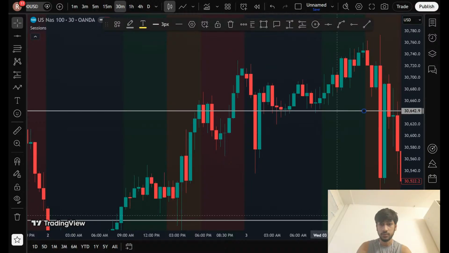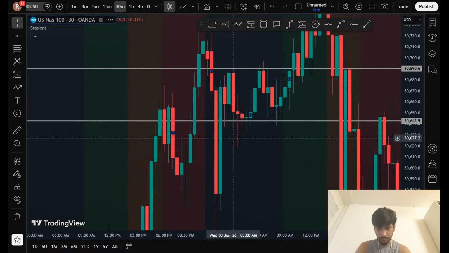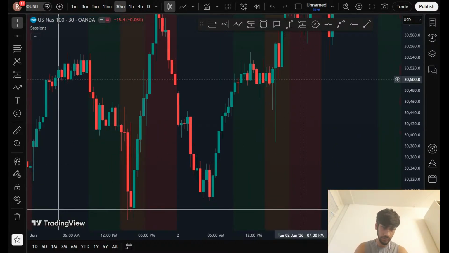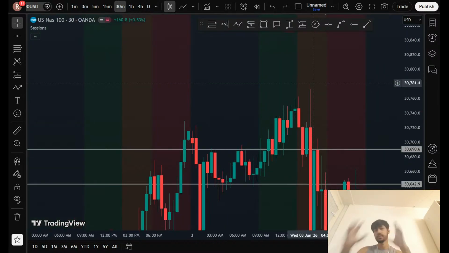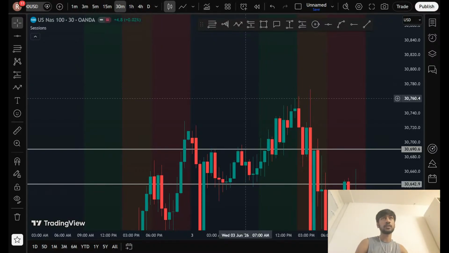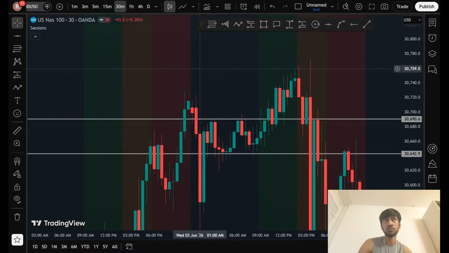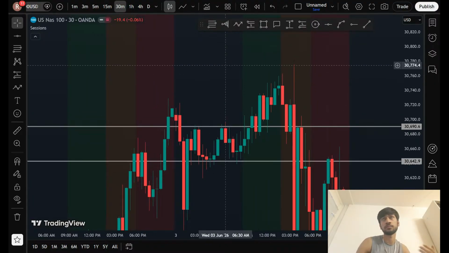Price is just sort of consolidating, nothing. Price came down in Asian session. We don't have to look all the way here at what the price did. You just gotta focus on the session trend and trade just the session trend. And if you want to hold the trades for long, like 4 hour wick fills and things like that, then you can always look at the high time frame and decide either you're gonna hold or you're just gonna leave it,